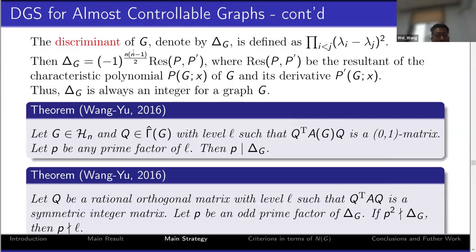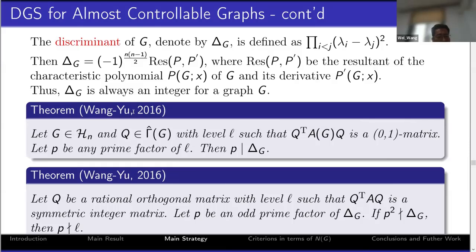So there is a well-known relationship of delta G, the discriminant, and the resultant. So we have this equation. From this, we can very easily see the discriminant of G is always an integer for a graph G. Next we shall need